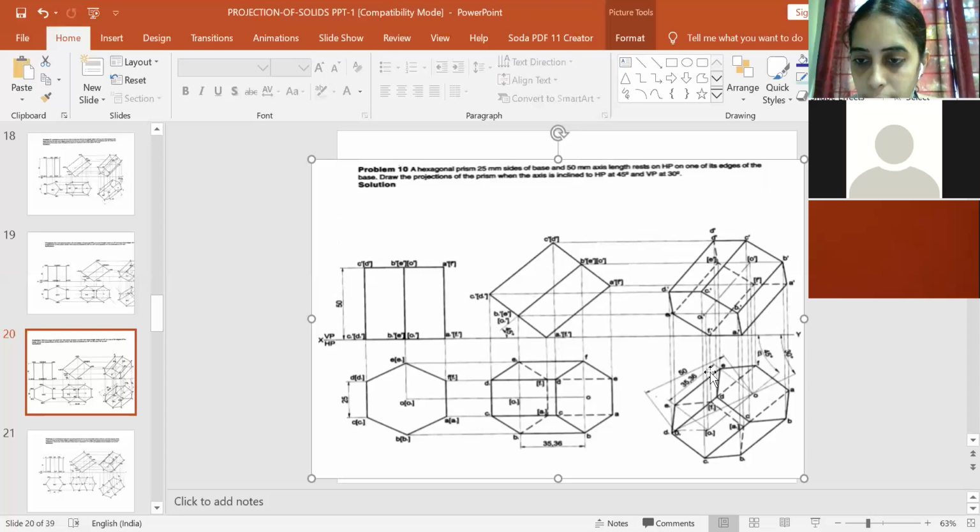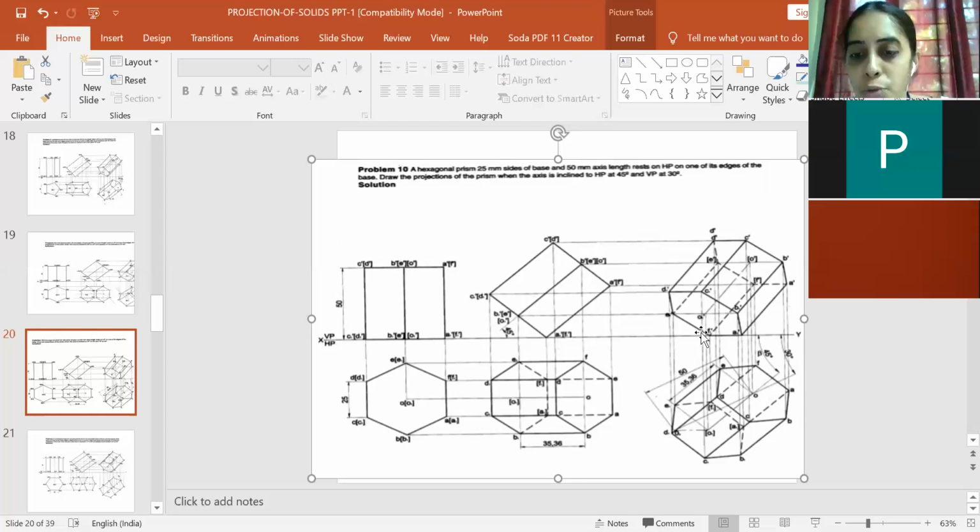So through F1, the projections which are coming lie on the outer boundary. F1 dash to A1 dash is outer boundary. F1 dash to E1, F1 dash to E1 dash is also outer boundary. So you cannot show hidden line. But you have one more projection which is coming through inside the top surface. And as a result, F1 dash to F will be hidden. Okay, so in this way you have to cross check whether you have done the hidden lines properly or not.